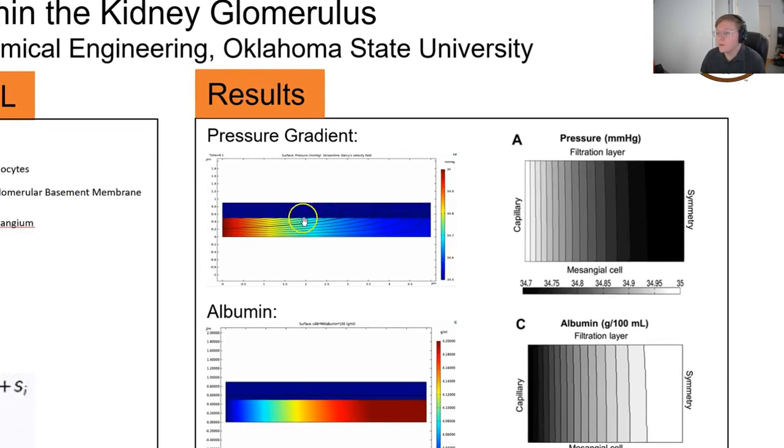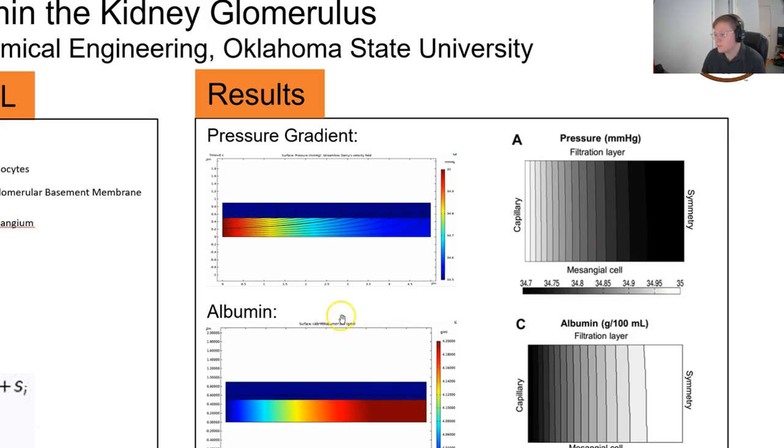So here we have the pressure gradient. We were able to model this in COMSOL and compare with Hunt's model. The one thing to note in Hunt's model is that they call it the mesangial matrix, and that is just the bottom layer of our model, the mesangium. So that's why we're only seeing flow in this bottom layer here. And we see that we've got a pressure of 35 going over here, decreasing, similar to Hunt's model,